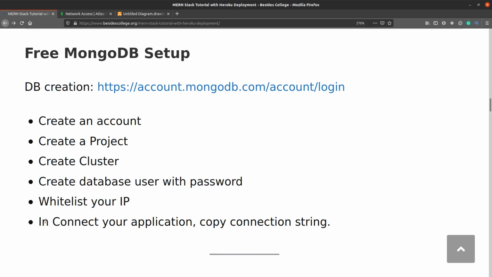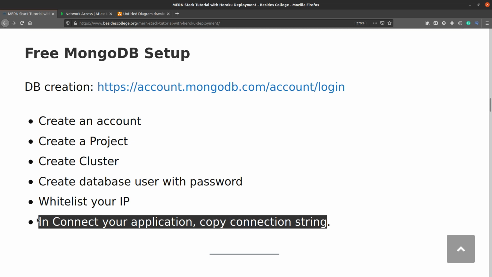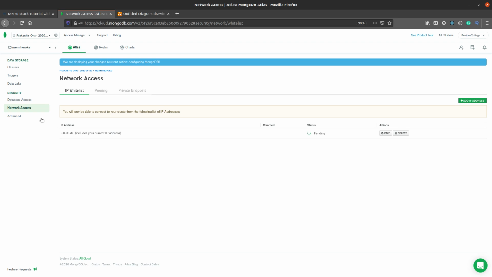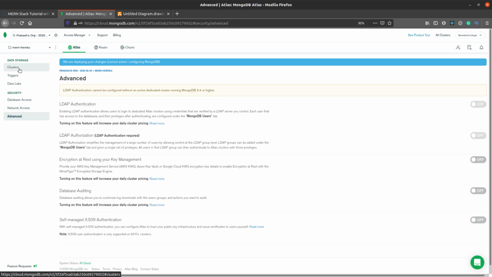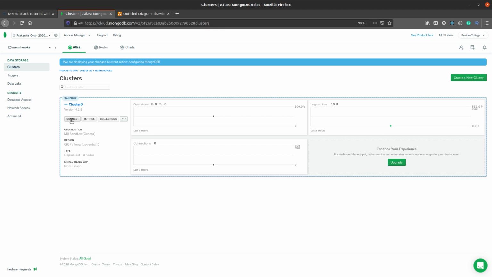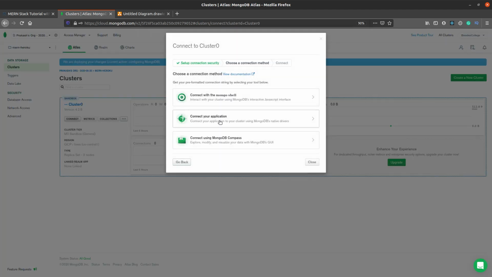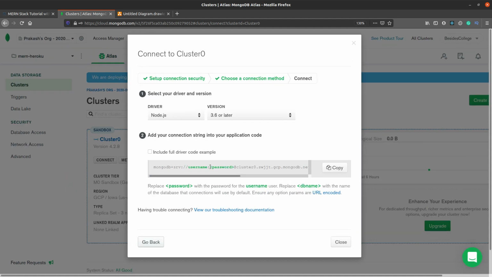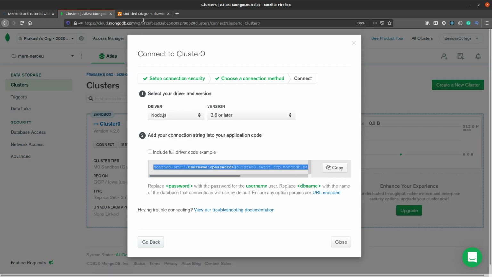And then next thing is to get the connection string. Okay, so the connection string is the one which we were discussing about. So that will contain the username and password and address to this particular instance. Okay, so you can go to cluster, go to connect, and connect your application. When you hit connect your application, you will be able to see this particular string that will be used for connection. Okay, I'll zoom in. So this particular string will be used by our application to connect to this particular database.